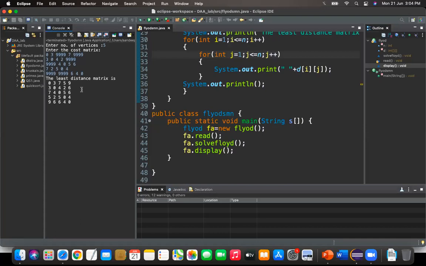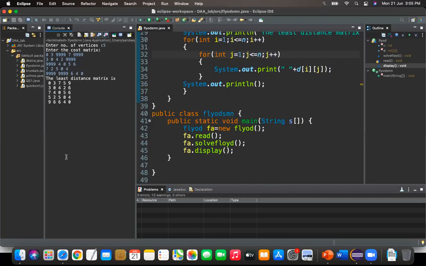So take the screenshot. I don't know how many of you will really do this. Type the program, execute it, give this input, check the output, manually solve this problem. For this graph, try to find out the least distance matrix and verify. Today, along with the source code and screenshot, you also upload this solution, step by step, whatever manual calculation you have done.